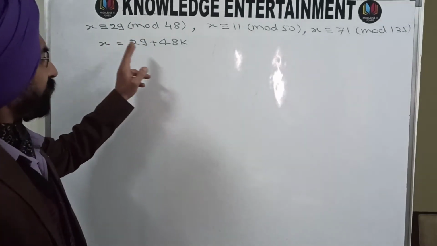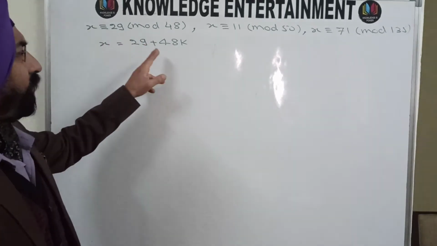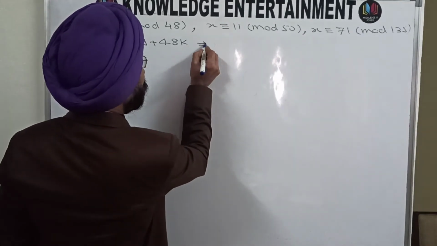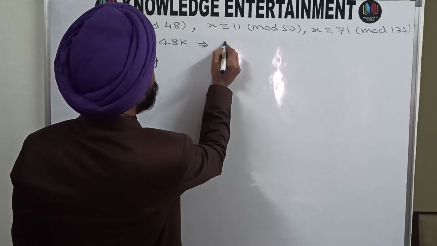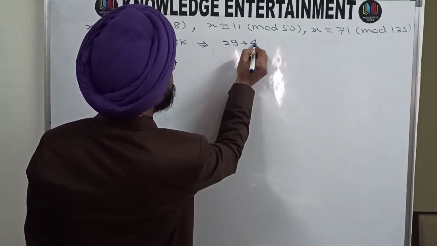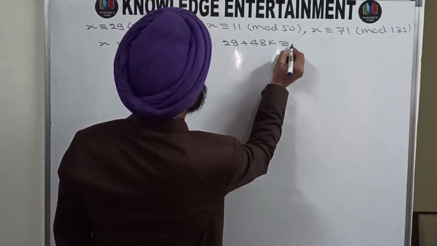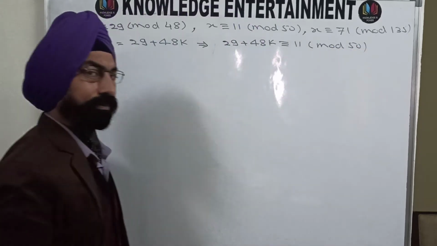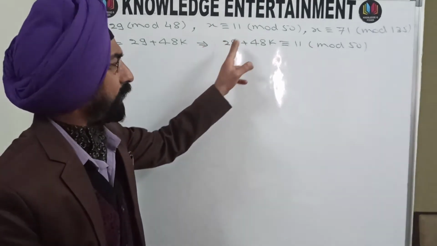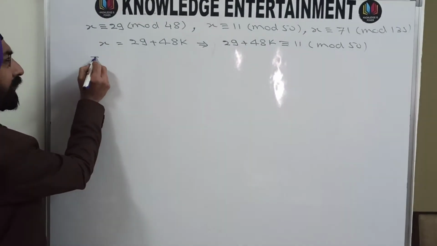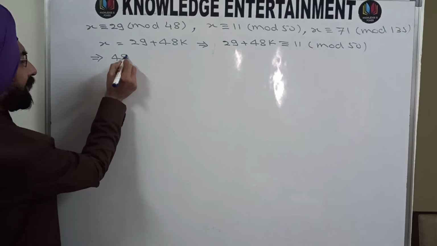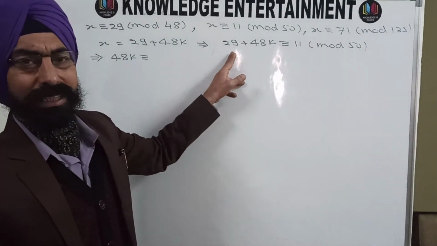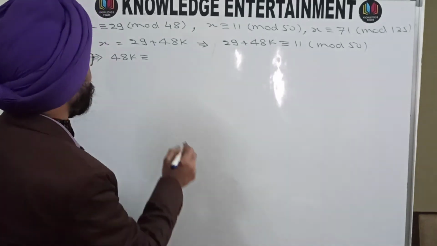And now put this value of x in the second linear congruence equation. So you are substituting here 29 plus 48k is congruent to 11 mod 50. Simplify it, take this 29 to the other side. What you are going to get? You will get 48k is congruent to 11 minus 29. 11 minus 29 is minus 18